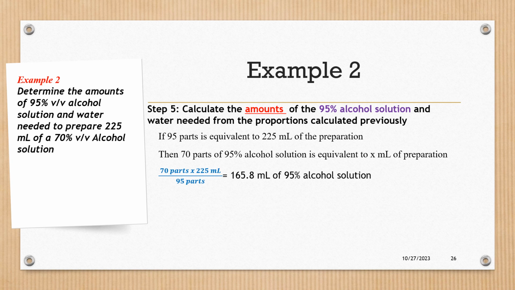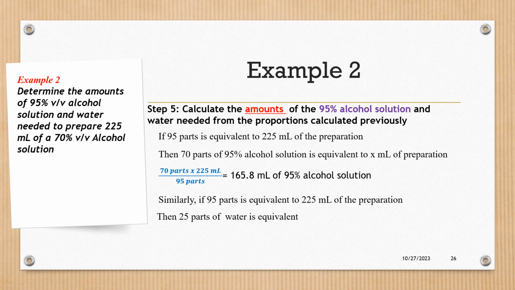And then for the water, that's 25 parts. So 25 parts out of 95 parts multiplied by the final volume of the preparation, 225 mL, and that will give you the amount of water that is to be added to the preparation,